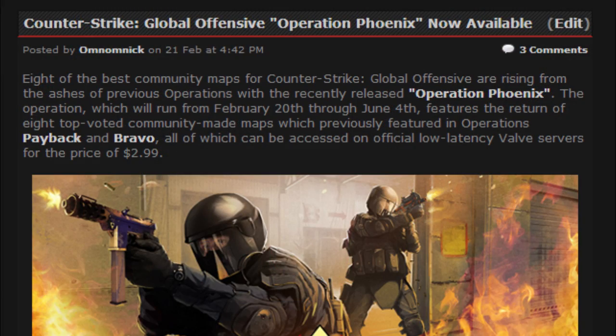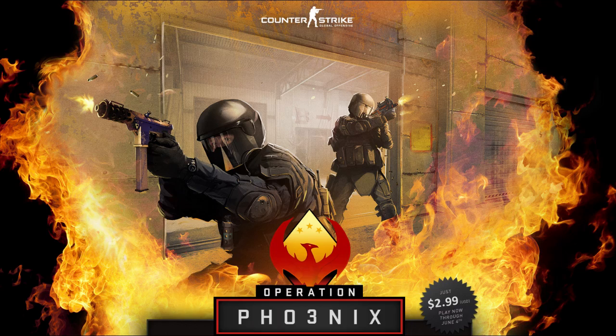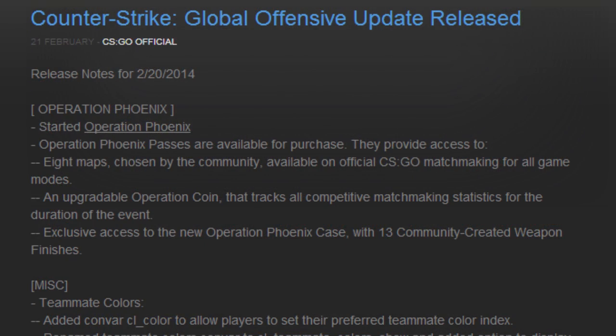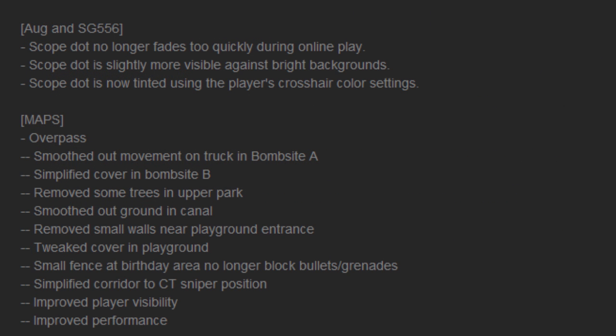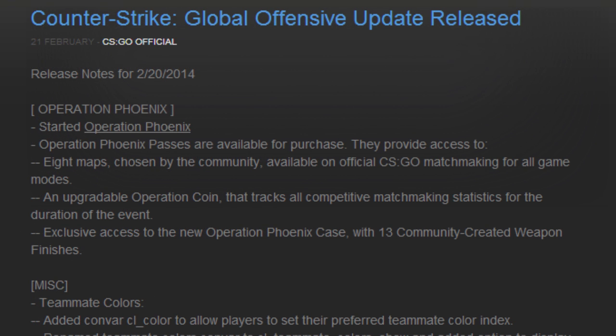ValveTime.net or the game's official announcement page, both of which can be reached using helpful links available in the video description. Additionally, you may want to check out the update changelog as the operation launched alongside the usual number of minor map and balance tweaks. The update changelog can also be found in the video description alongside links for everything else we're talking about this